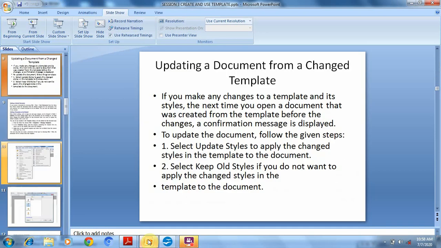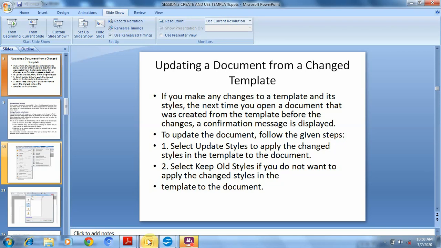updating a document from a changed template. Let's see, if you make any changes to a template and its styles, then the next time you open a document that was created from the template before the changes, a confirmation message is displayed.